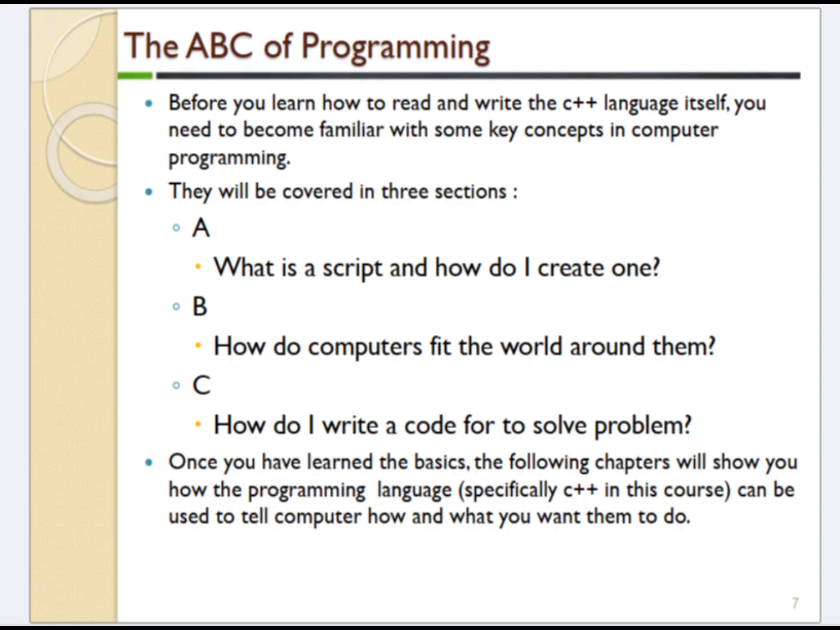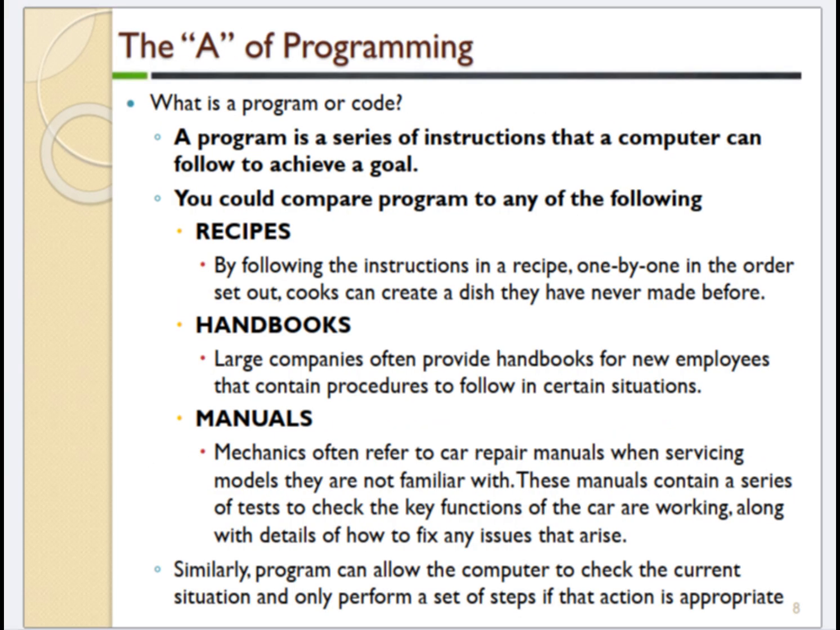The A of programming. What is a program or code? A program is a series of instructions that a computer can follow to achieve a goal. You could compare a program to any of the following. Recipes: by following the instructions in a recipe, one by one in the order set out,